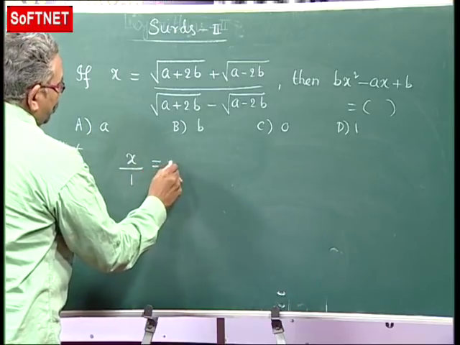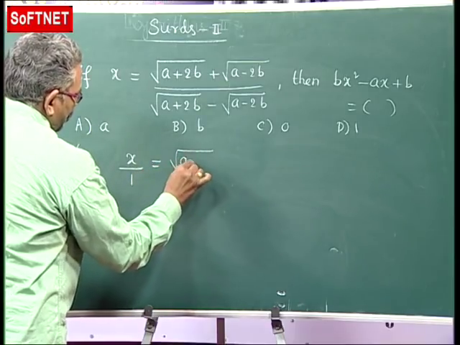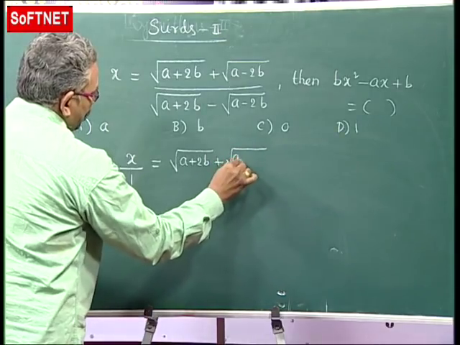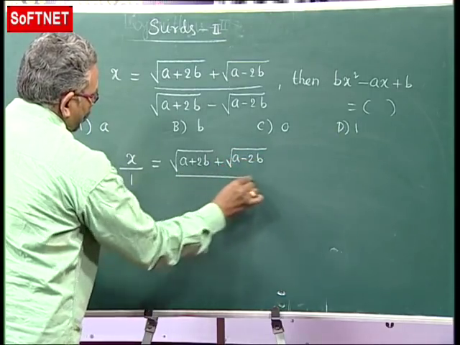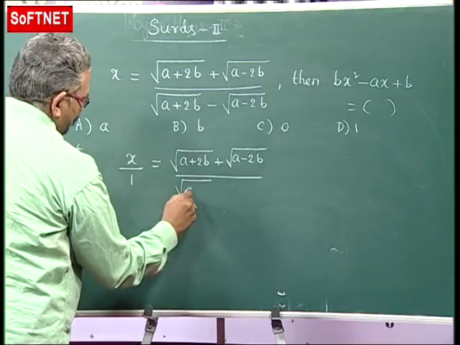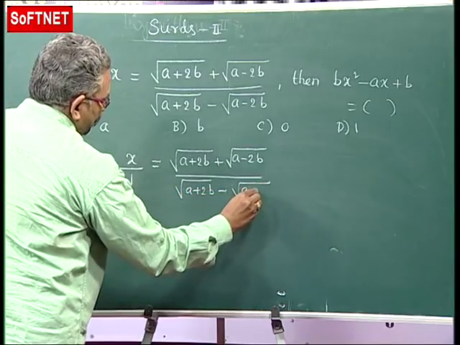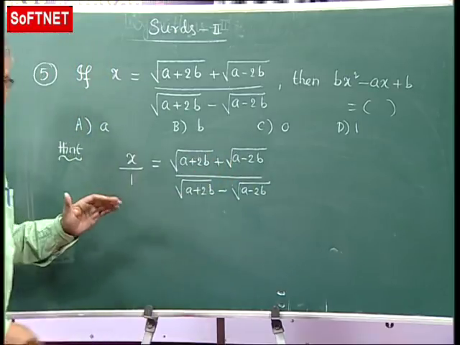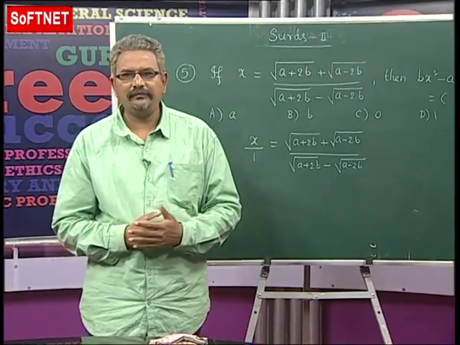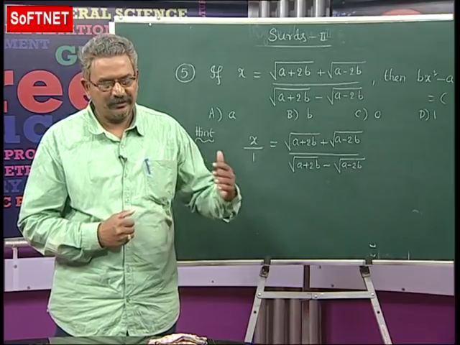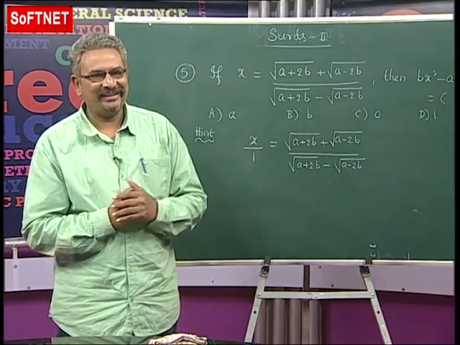This is equal to a plus 2b plus a minus 2b by a plus 2b minus a minus 2b. See, after completion of this problem, I will explain another method also, but till then,